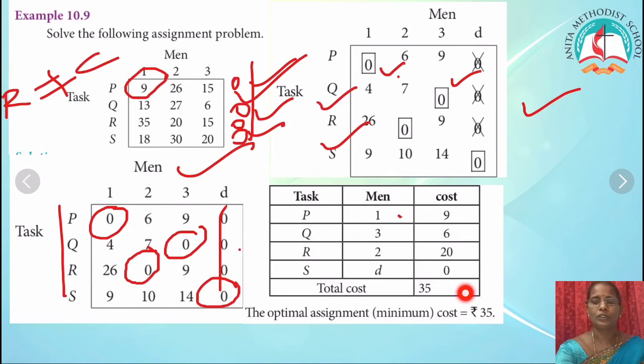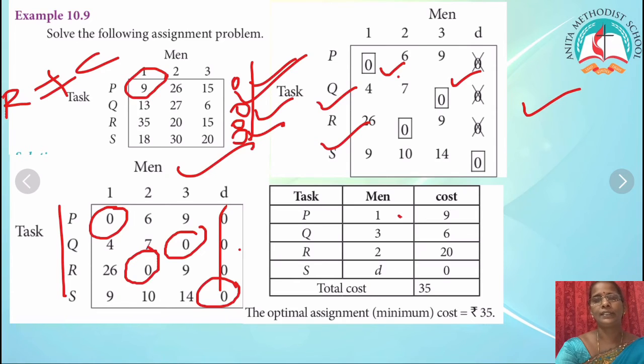Okay, clear all of you children? One problem is balanced, another problem is unbalanced, and here easily you are doing that assignment, and only in the second problem we have to draw 2 lines. If you are unable to make the assignment, then you have to draw the lines, and the intersecting element, any number which passes through two lines, there alone you have to add the least number, and the rest of the numbers you have to subtract, and as usual the same procedure. Okay, and try to work out the remaining problems from the exercise, children.